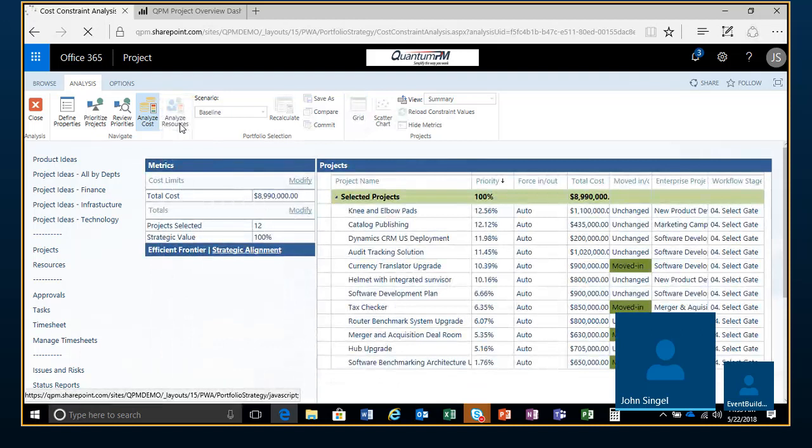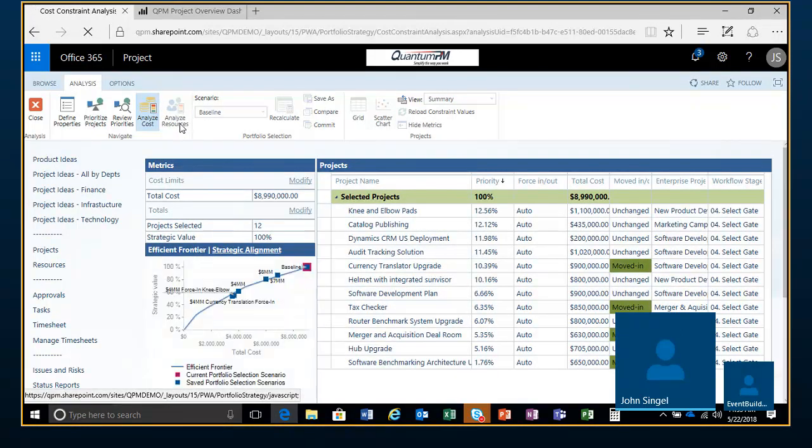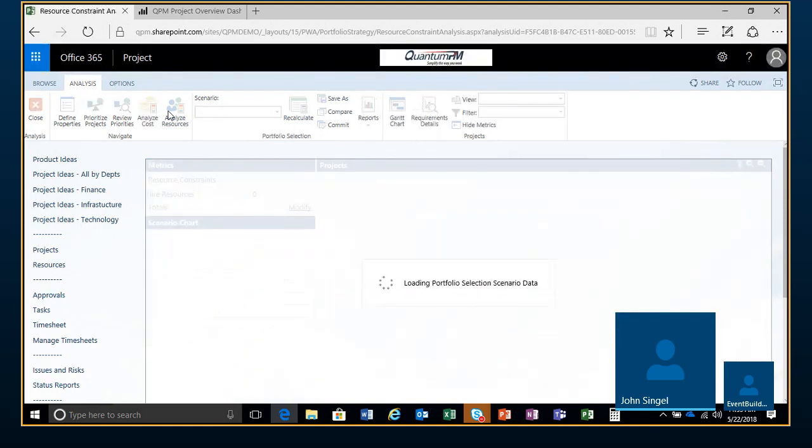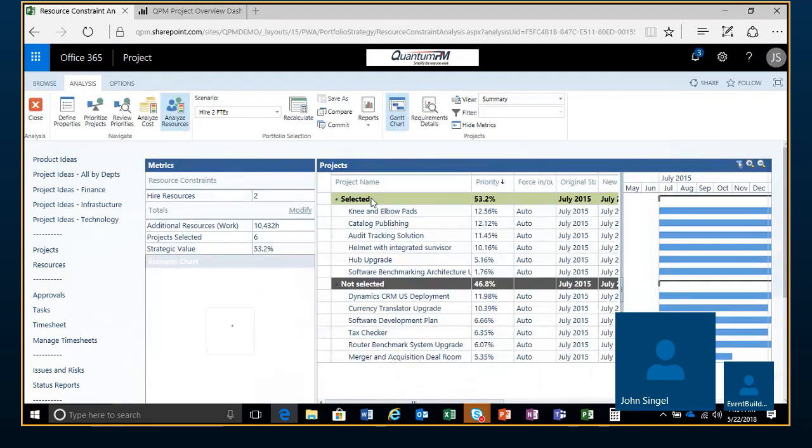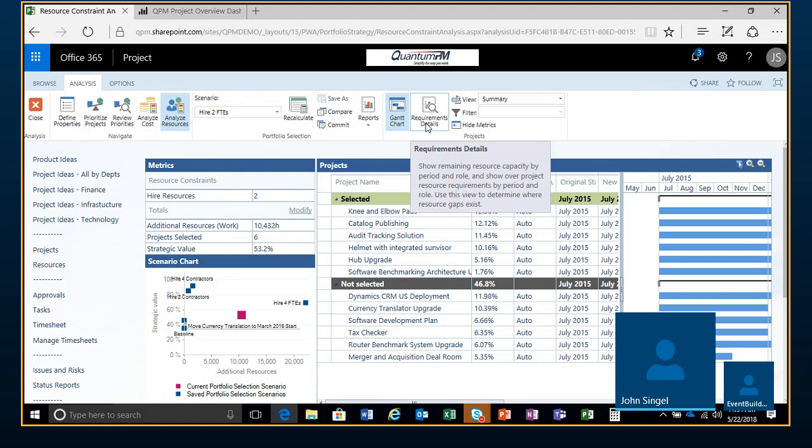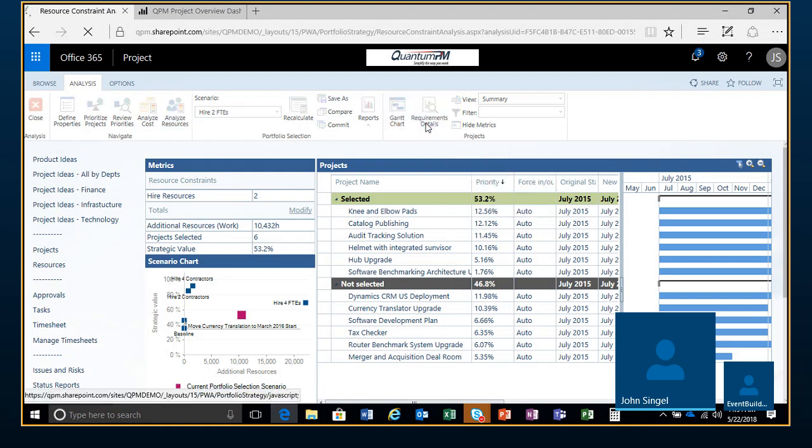If you go to analyze resource, which allows you to determine, based on your resource pool, it tells you what's selected and what's not selected. You've got this view here where you can look at requirements details, and it can tell you